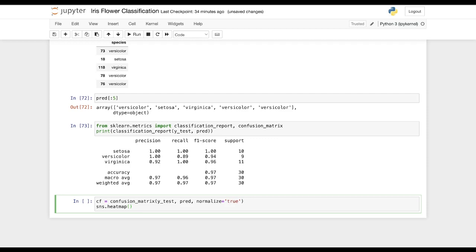We'll pass that CF variable here. We'll say annot is equal to true, which means we want to display the values on the grid. And the cmap, the color of heat map that you want, I will provide it with a theme of crest. Let's run this.